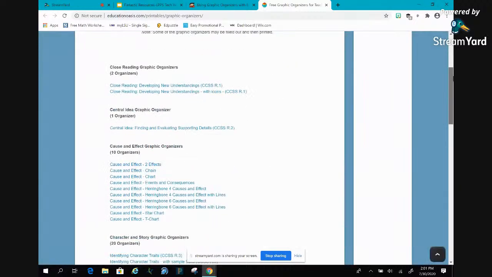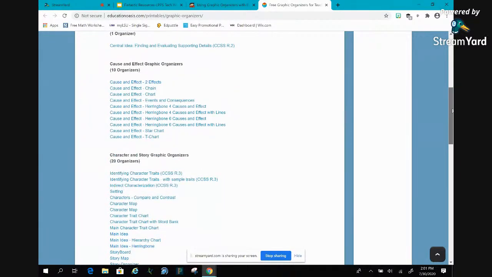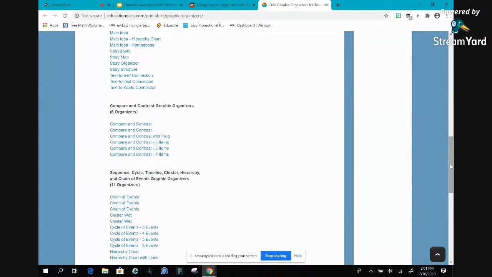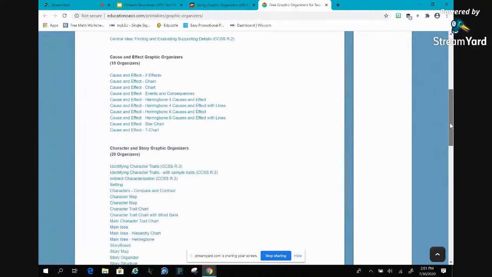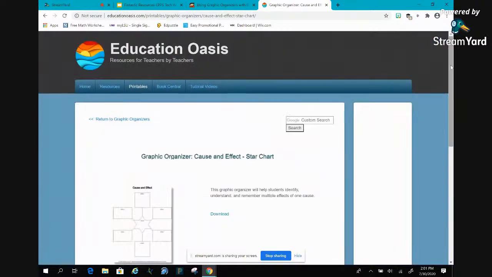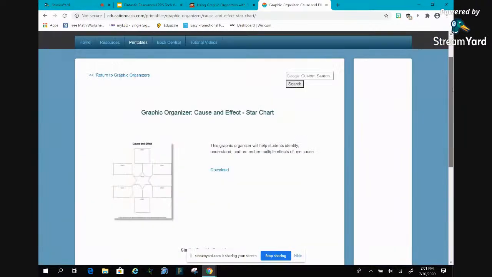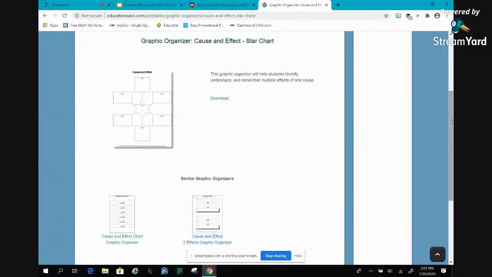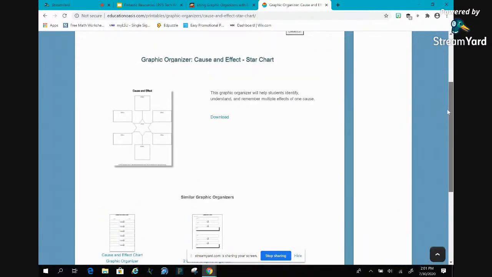So as you can see, they have tons of stuff: cause and effect, central idea, identifying character traits, just a ton. So let's see, we can click on a star chart right here and it'll pull it up for you. And it'll show you similar ones to the one that you clicked.